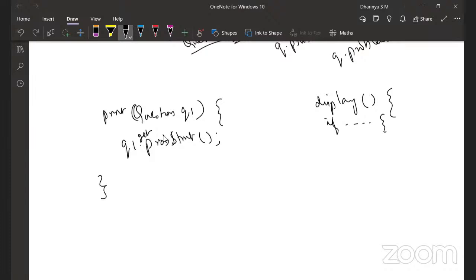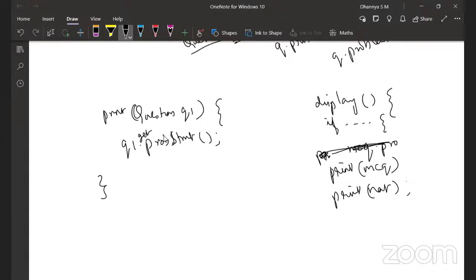So what I can do is create an object of MCQ class, and when I invoke print of MCQ and print of NAT, this will still work. If this was not Question, if this was say MCQ, then I could not have invoked this.